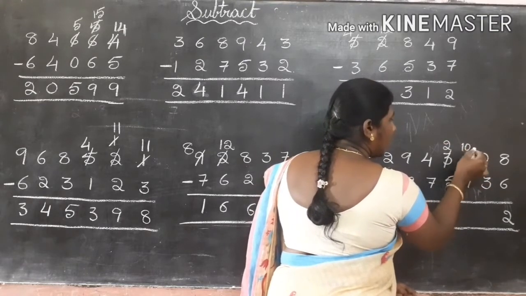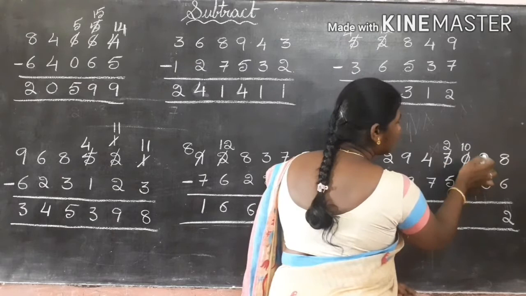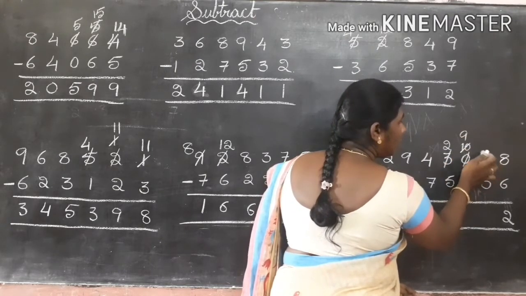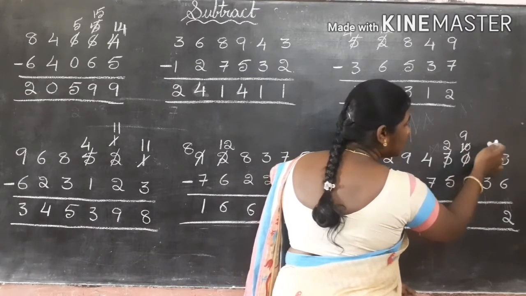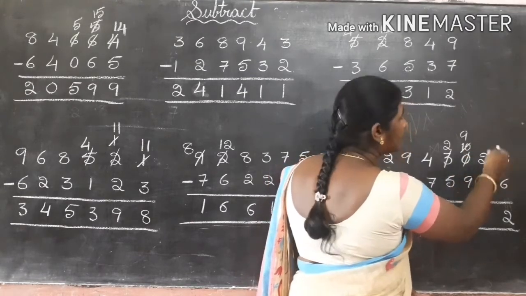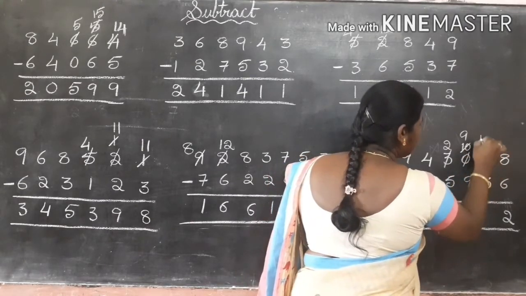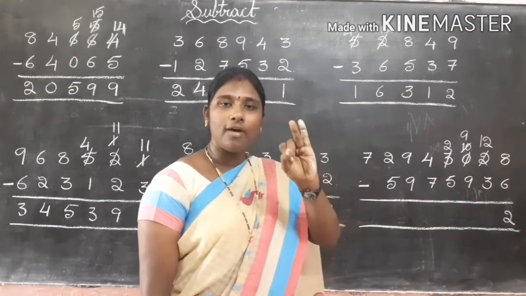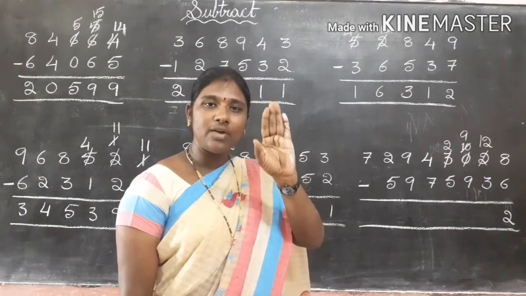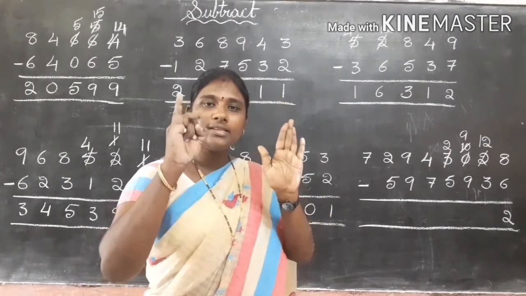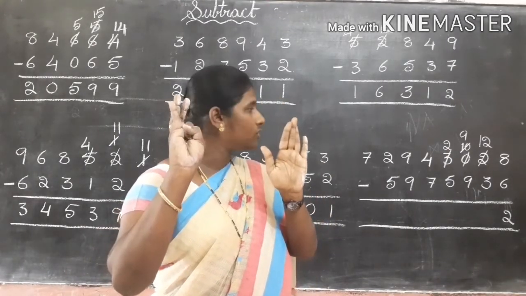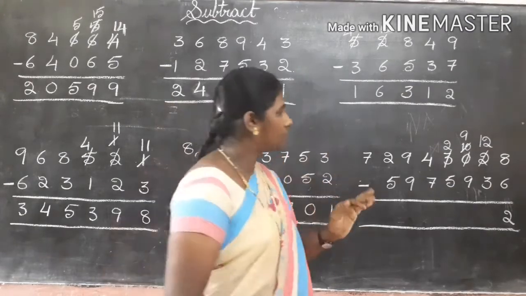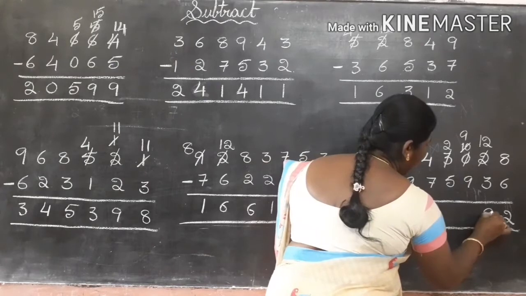Here it is 10. Again from the 100 place to the 10 place. This 10 minus 1, 9. 1 we are taking, 110. 100 is equal to, when we are going to the 10 place, it is 10. So 10 plus 2, 12. 12 minus 3, 3 after that 4, 5, 6, 7, 8, 9, 10, 11, 12. How many fingers do we get? 9 fingers. So the answer is 9.